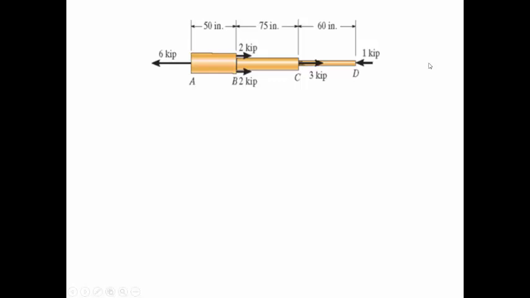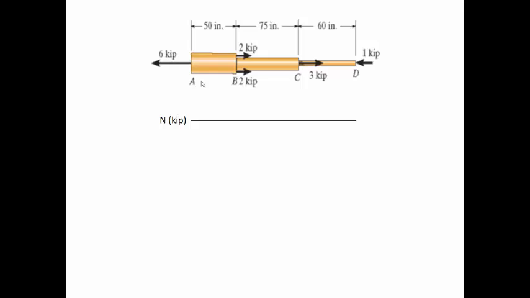And to do that, the first thing that we need to find out is what is the distribution of the axial load along the shaft. So for that, we are going to draw the axial load diagram. And we are going to start on the left. So I hope you can see that if we make a cut just a little bit right to A, we are going to see that that shaft is subjected to a tensile